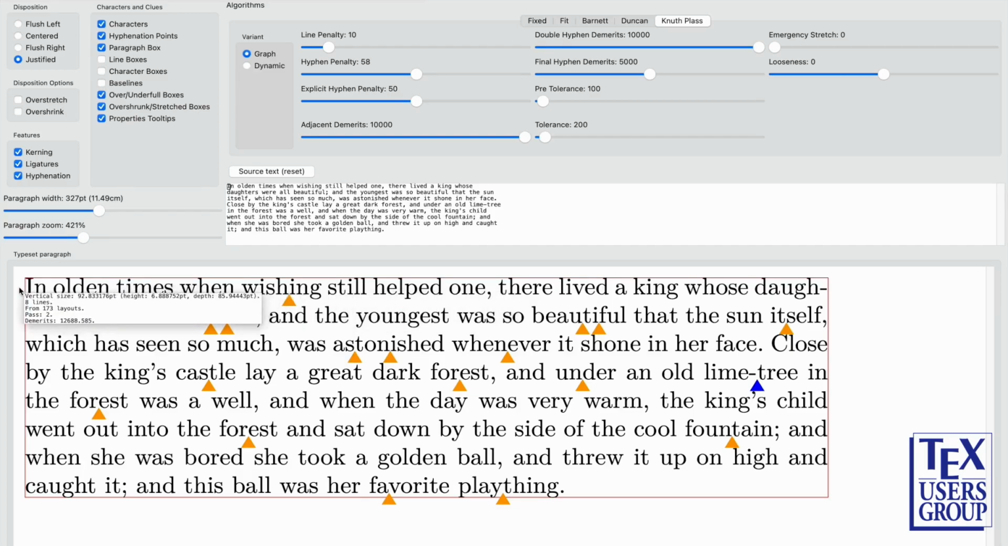Now, if I move the mouse to the left margin here, I will get a paragraph-wide tooltip containing a number of useful information. So, for instance, the vertical size of the paragraph, the number of lines, pass 2, meaning that TeX had to use the tolerance threshold instead of only the pre-tolerance one, and the total demerits of the paragraph in question. I can also see, because I'm using the graph version, that this particular solution has been chosen out of